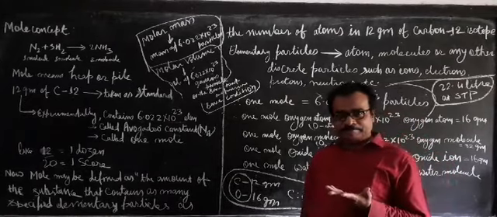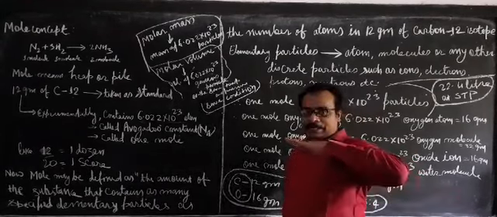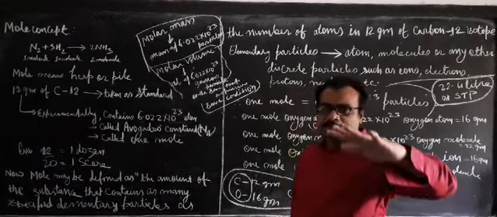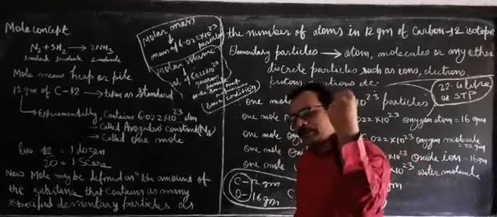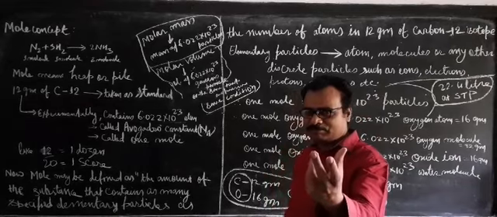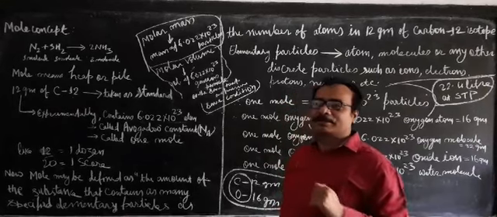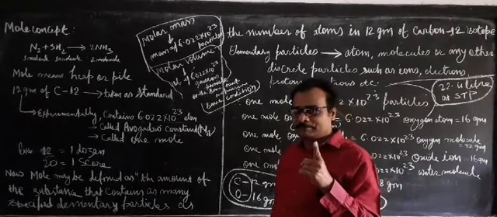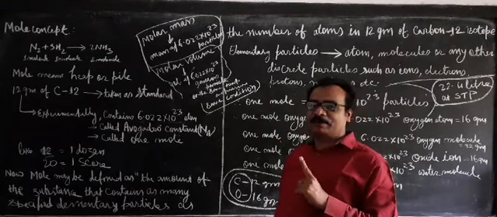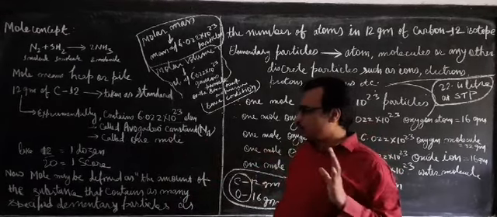Why is this number taken? Because when the atomic masses of all the gases and all the solid particles were taken for each and every element, and this number was taken for a particular element and its mass taken out, it is always equal to the atomic mass or molecular mass. So that is why this number became constant. This number became very significant, and it was given by Mr. Avogadro. So that's why the name Avogadro constant is given.